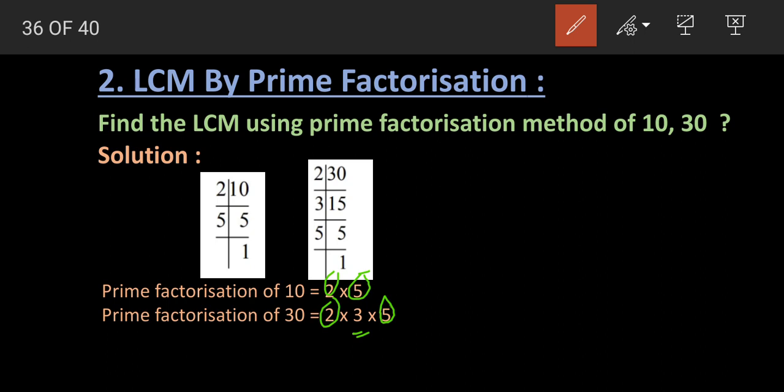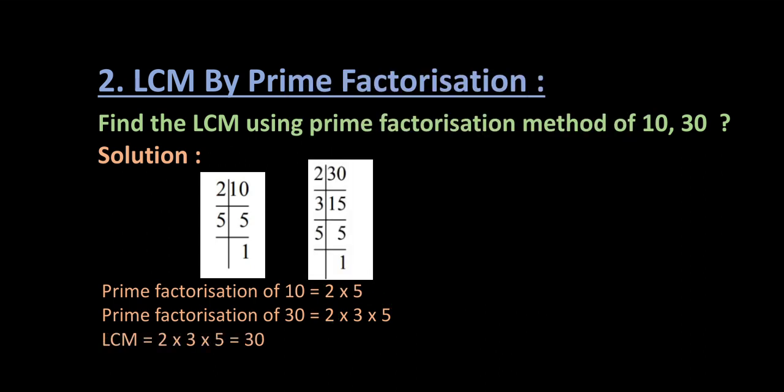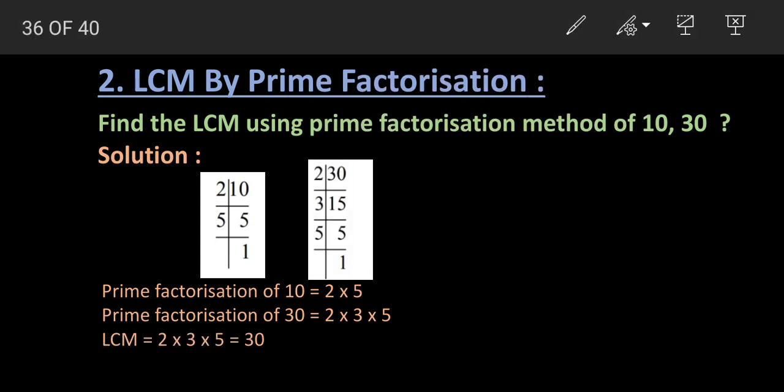While we are finding HCF by the prime factorization method, you have to select the greatest factors which are common in both numbers. But in LCM, we have to select factors that may be present in both numbers or that may not be present in both numbers. So the LCM of this one is 2 multiplied by 3 multiplied by 5. We select the factor which is present the maximum number of times in a number.